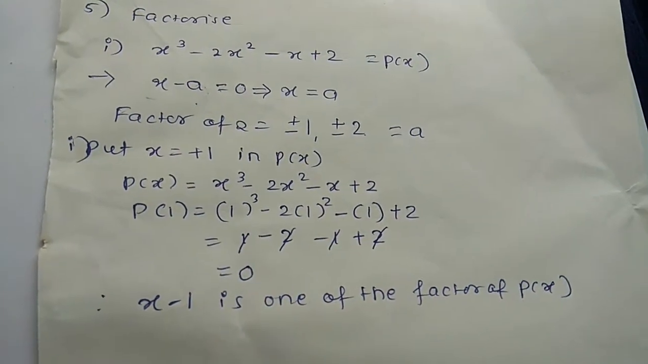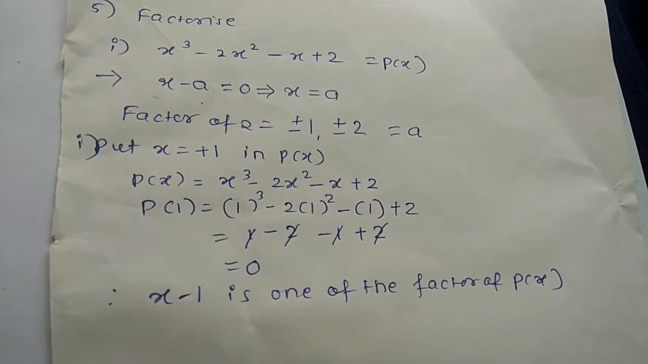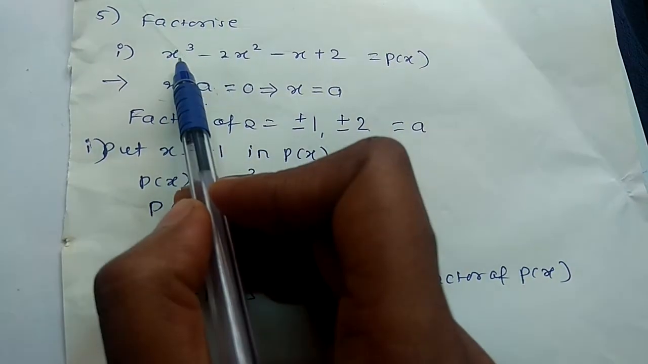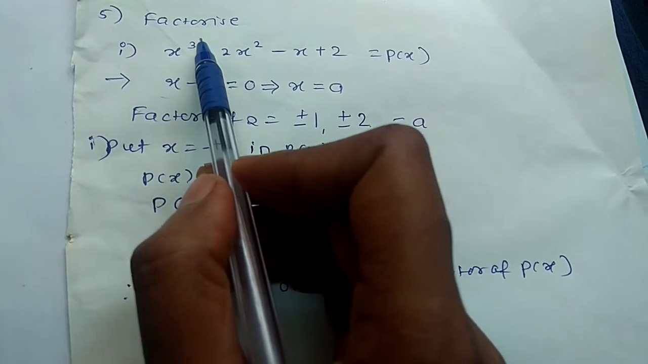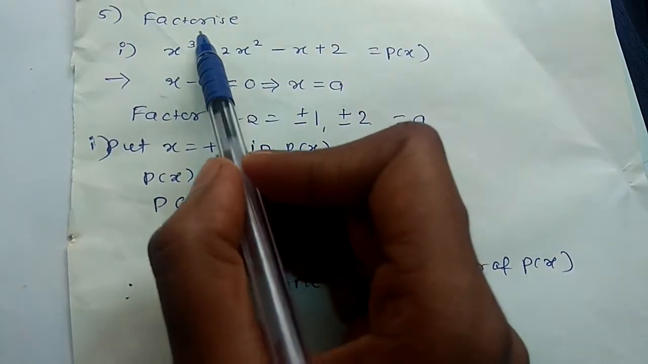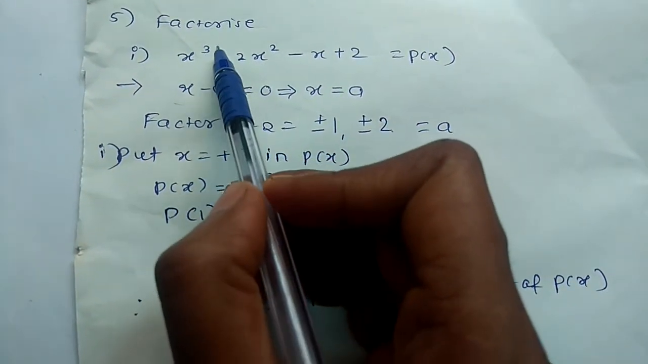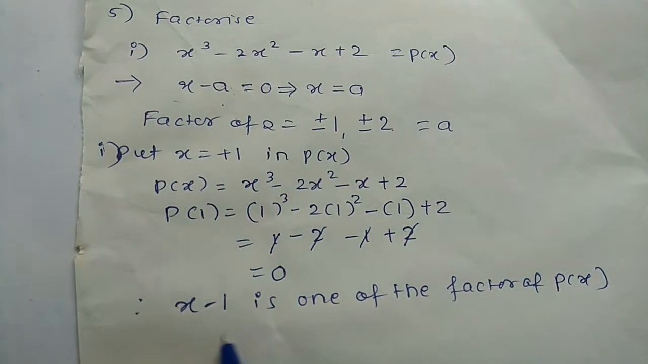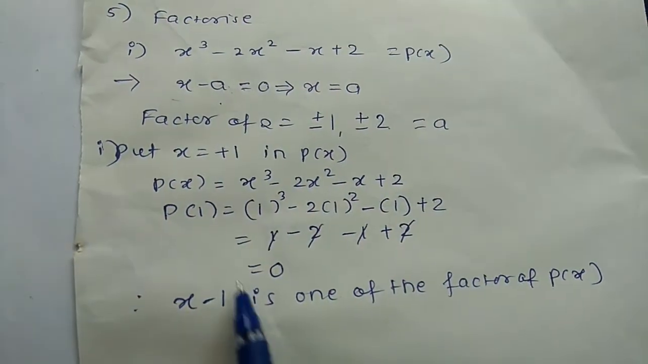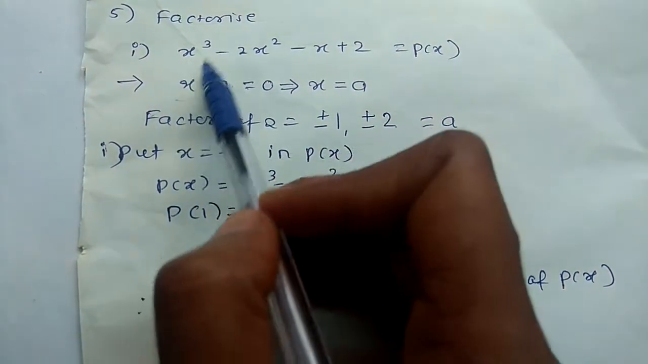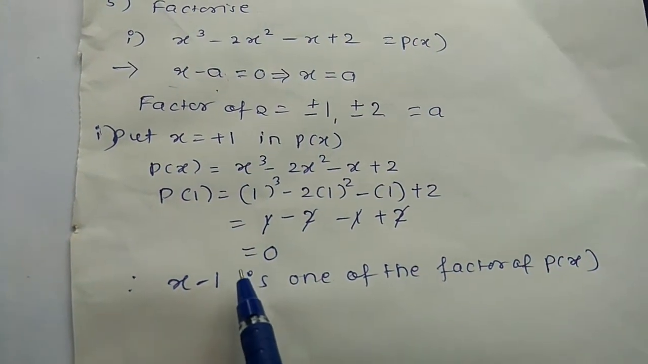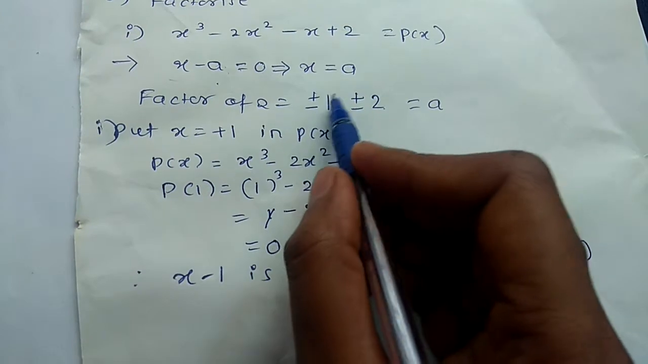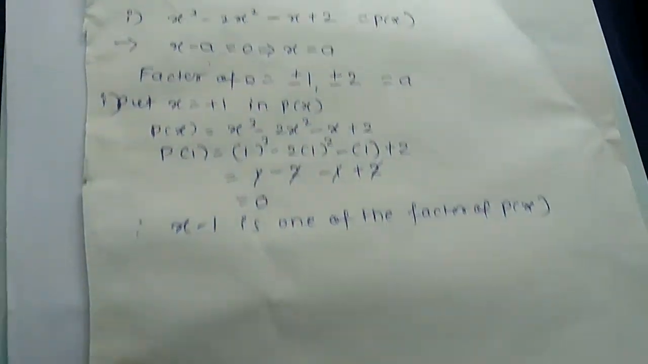Then the question arises, how many factors do we have to find out? As you can see, x raised to 3 is the degree of the polynomial. The degree indicates the maximum number of zeros, or you can say the degree indicates the number of factors. Here you got one factor, so you will get 2 more factors. We have checked for one number, that is plus 1. Next we'll check for